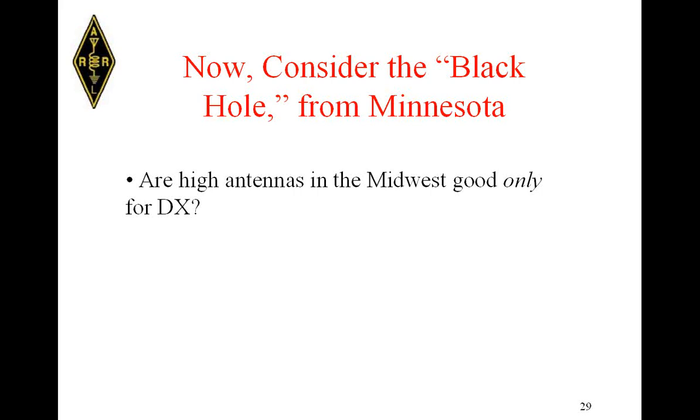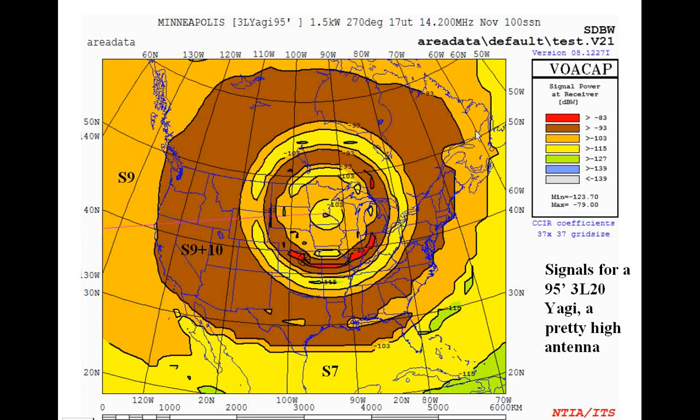And here we have a depiction using VOACAP area of 14, this is a 20-meter situation in November for a high level of solar activity at 1700 UTC in the afternoon. In this case, I'm using 3-element Yagis at 95 feet. Normally, a 95-foot high antenna of any sort on 20 meters is pretty much thought of as a DX antenna. This is with the signal it lays out into the entire U.S. It lays out an S9 plus 10 dB signal into California, into Seattle,